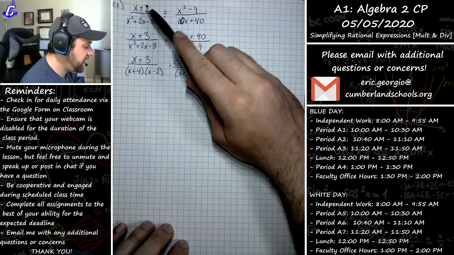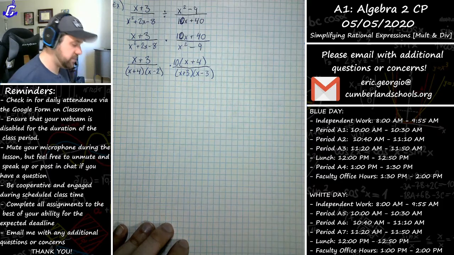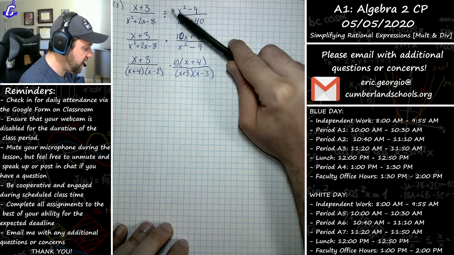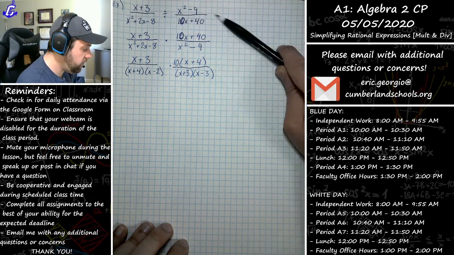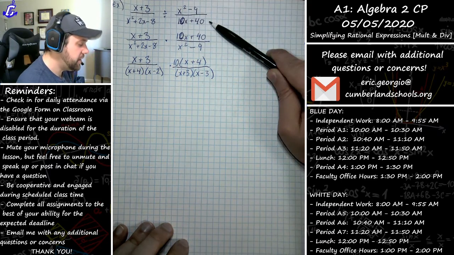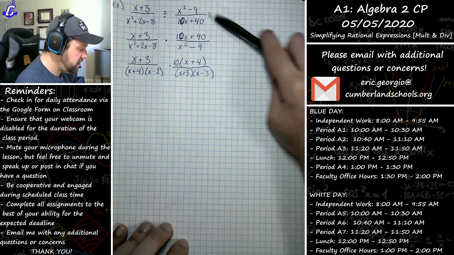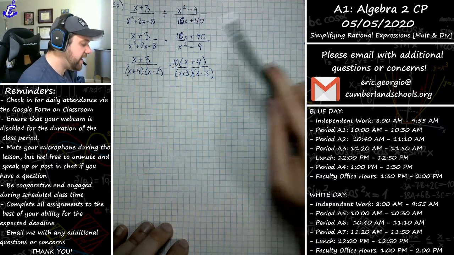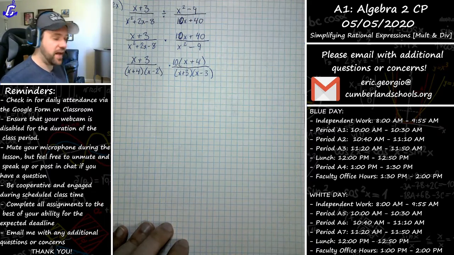But I have x plus 3 over, let me rewind and just make sure I explain. x plus 3 divided by x squared plus 2x minus 8, divided by x squared minus 9 over 10x plus 40. I see dividing by a fraction, so instead I multiply by the reciprocal. Once I rewrite it, I can then go ahead and jump into my